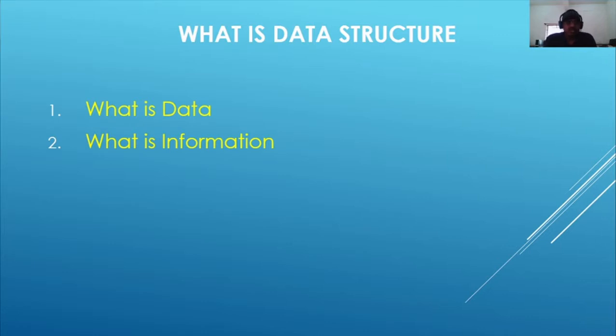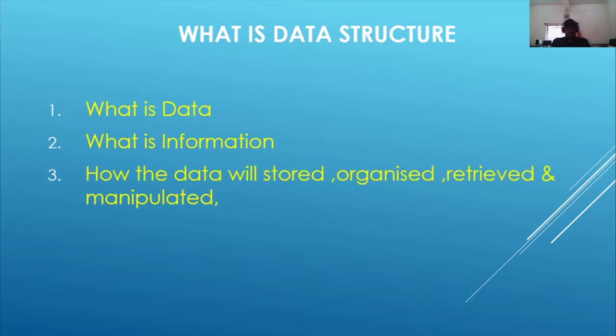Inside a class, out of 30 students, if we can find how many are boys and how many are girls, this is what we call information. So 30 students is the data. To get the information, we have to process the data. Among the 30 students, how many are boys and how many are girls? That is what we call information.